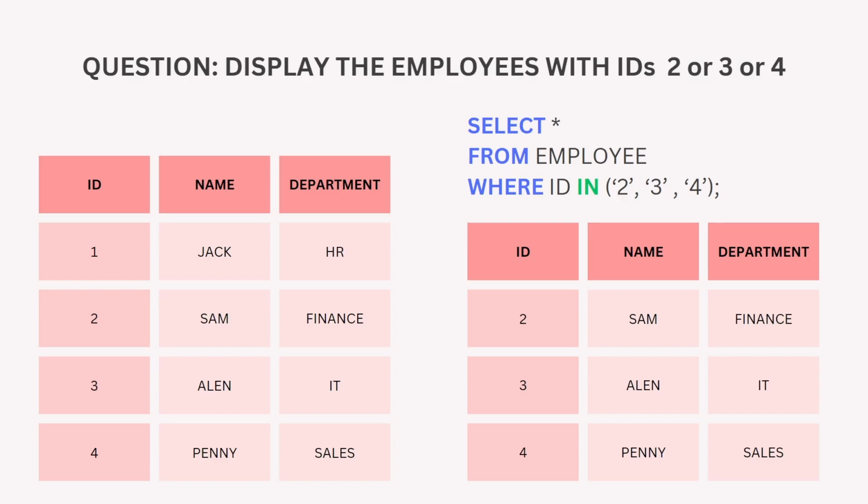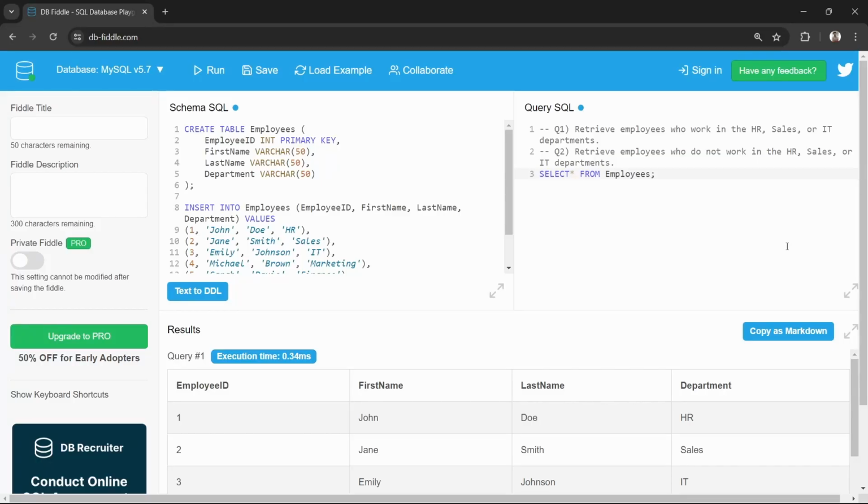Now let's try this in DB Fiddle. In this example, we have a table called employees with the following columns: employee ID, first name, last name, and department. Now, if you want to find the employees who work in the HR, sales, or IT department, just after employees, write where to filter data. Now, which column we want to filter is the department column. So write department